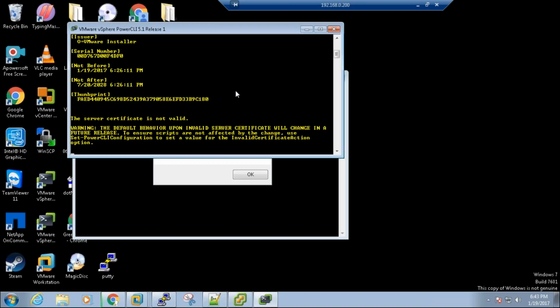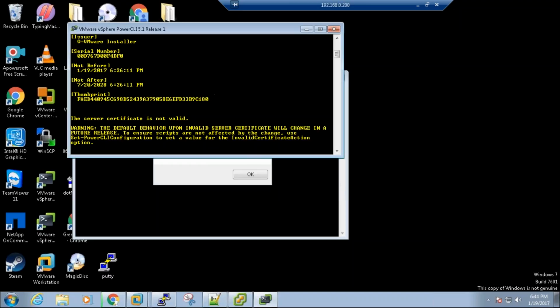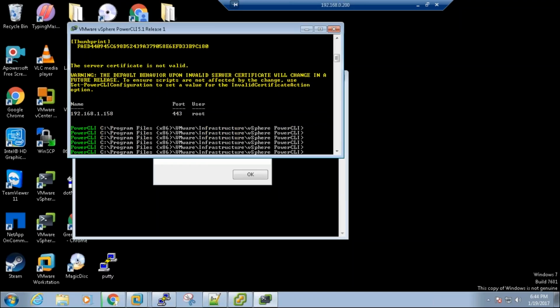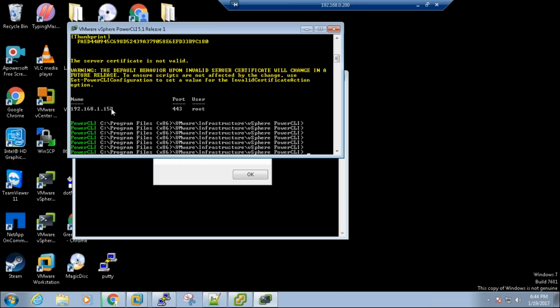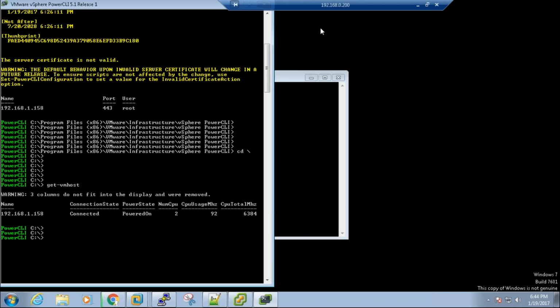So it is the same client that we use to connect to the ESX server and to the vCenter server. Well, it is asking for the credentials, root, and the super strong password that we have configured. You can see here, now we have connected to this host on port number 443 as a user called root. Okay, so you can say get VM host, a command that is in VMware. So with that you will get to see the details. So this is the host. The status is connected. Yes, the host is in power on state.